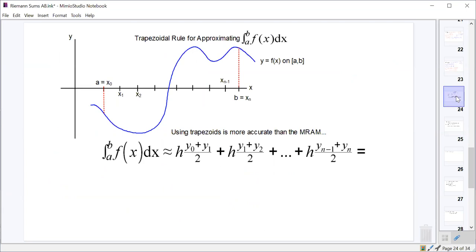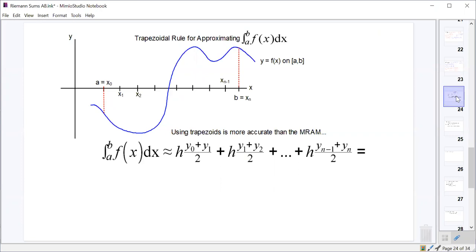Now, there's one other rule that we need to know for approximating these integrals, because sometimes we might be given just a graph of a function and not an equation to represent it, or we might be given a chart of values, just a bunch of data points to figure it out with. And so there's another rule called the trapezoidal rule, which is better than both the left and the right, and generally works out better than the midpoint approximation method as well. So the trapezoidal rule